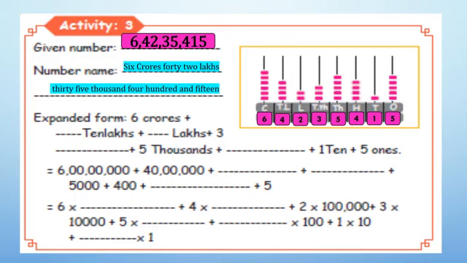Fine. Now the expanded form, which is also given in the names. See here, 6 crores and then plus 10 lakhs. 10 lakhs means you have to find here. So 4 10 lakhs are there, isn't it? So just enter here 4 10 lakhs. Likewise, how many lakhs are there? 2. So that is the correct answer.